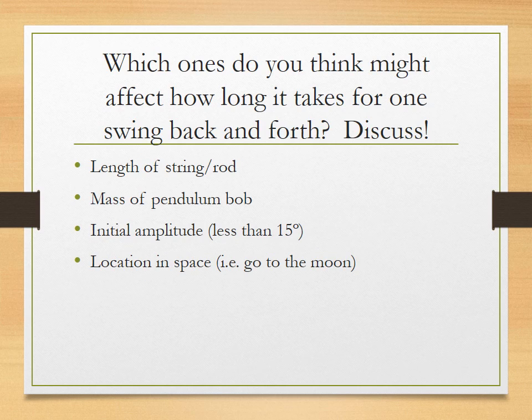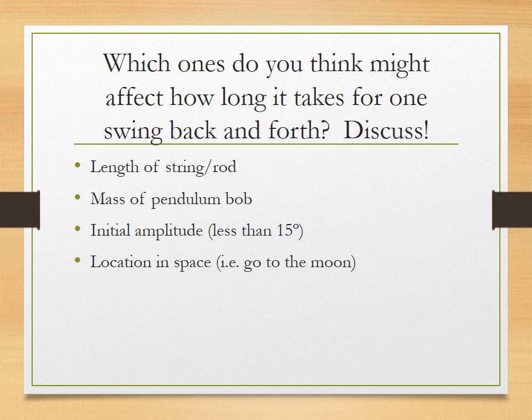Hopefully when you brainstormed in class, these were some of the things you discussed, of quantities that might affect how long it takes for the pendulum to swing back and forth once. So maybe changing the length of the string, maybe changing the mass of the pendulum bob. The initial amplitude, although remember in order for this to be simple harmonic motion, we have to keep it less than 15 degrees. Or maybe if we went somewhere else in space, so maybe the moon or Jupiter, because what's